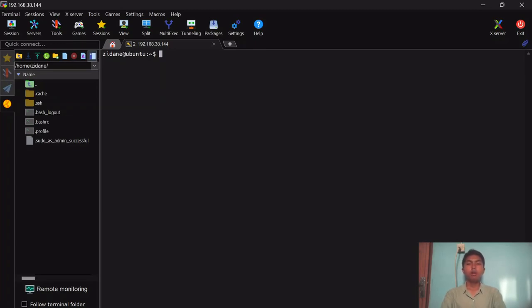server. So first I'm going to install Apache 2 as our web server, and it's best practice to update your repository before installing any application on Ubuntu server. So you can type this command: sudo apt update,